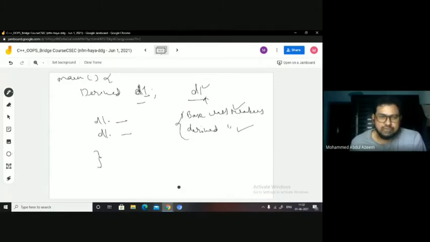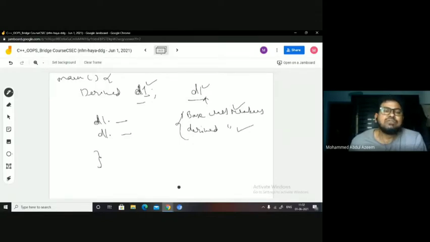Now, when you terminated the main function, what happens? D1's scope is out, right? What do you mean by scope? Basically, the part of the text in which a variable is accessible is said to be the scope of that particular variable. For example, D1 is an object variable, right? So the scope of D1 is limited to what? Limited to the block in which it was declared.